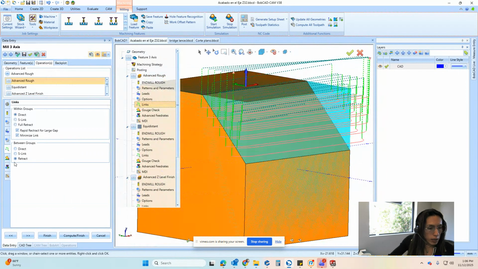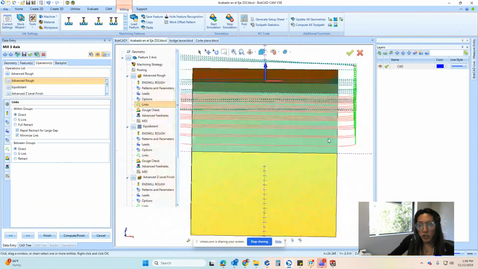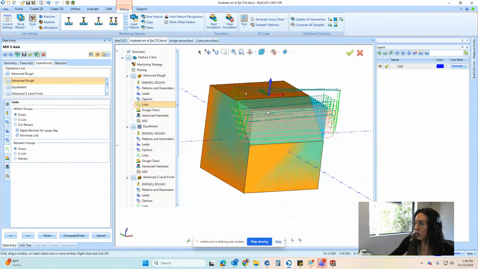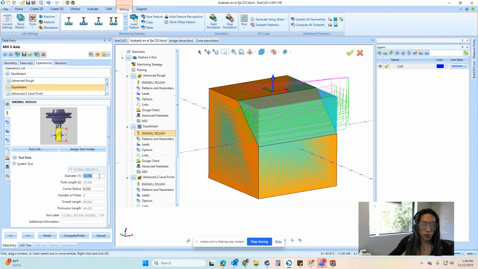That way, and then we can do between groups, direct. Everything you change, you will be able to see directly on the operation. Okay, now we're gonna go to equidistance. We're gonna use our sets